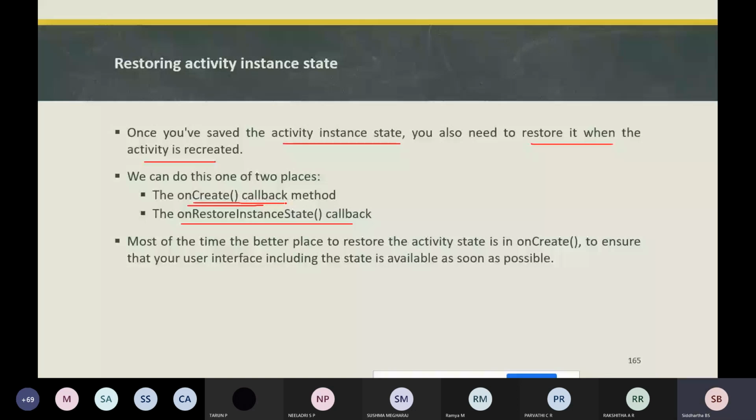Next is the onRestoreInstanceState callback, which is called after the onStart callback method, after the activity is created.